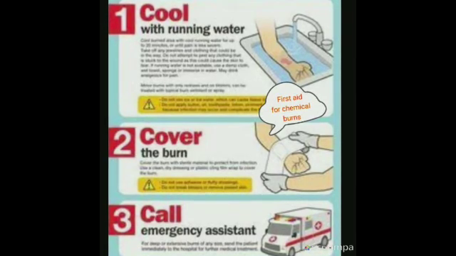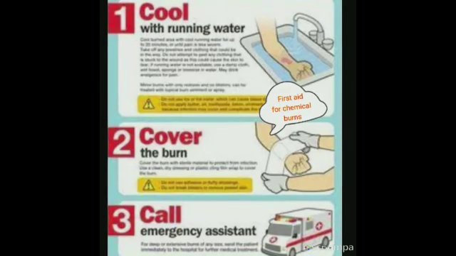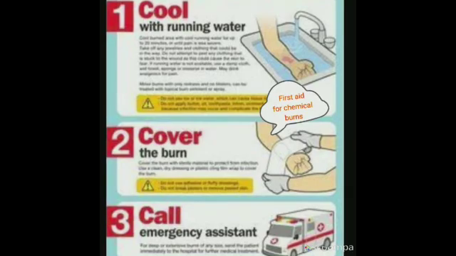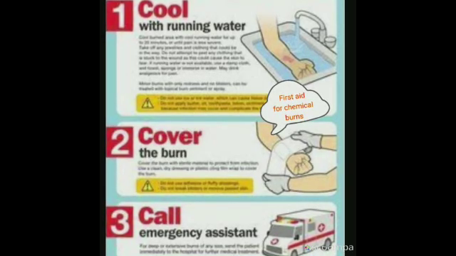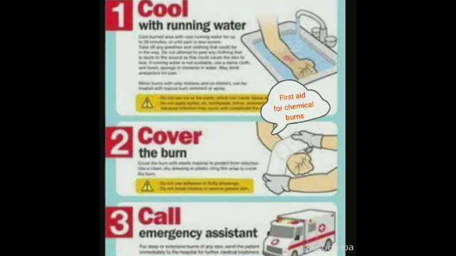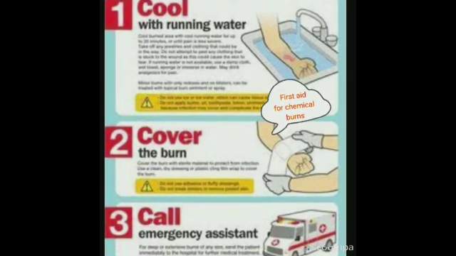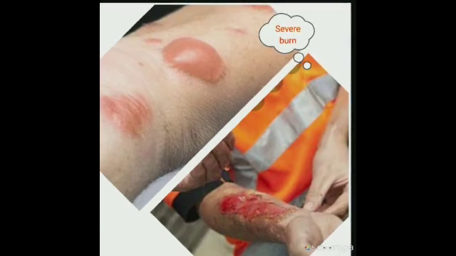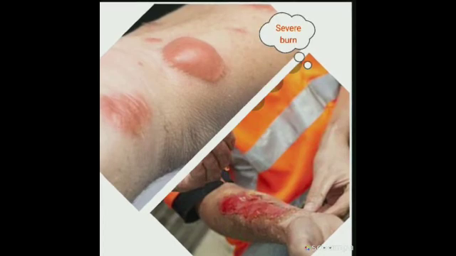And then call the doctor immediately. So in case of chemical burns, wash with running cool water, then cover, and then bring them to the hospital. In any case we should first wash the burnt area. And then severe burns. In severe burns, we must bring them to the hospital